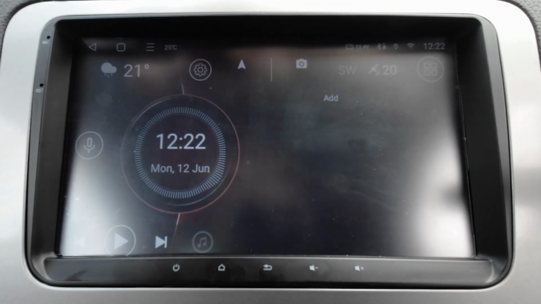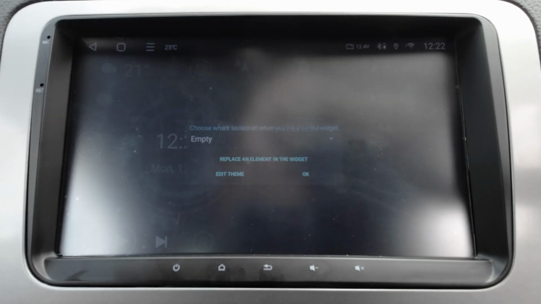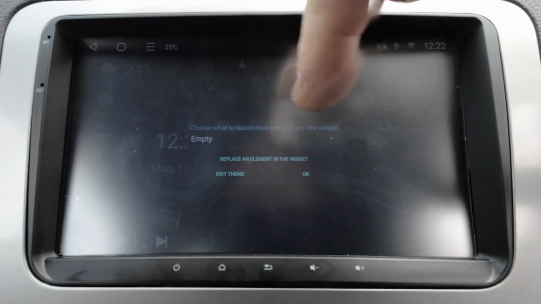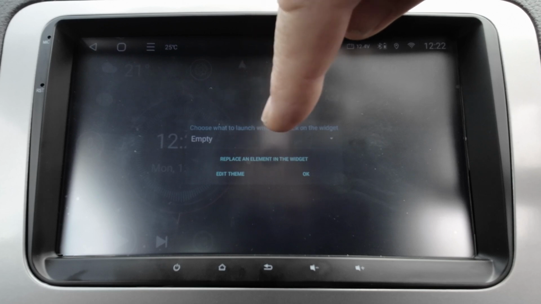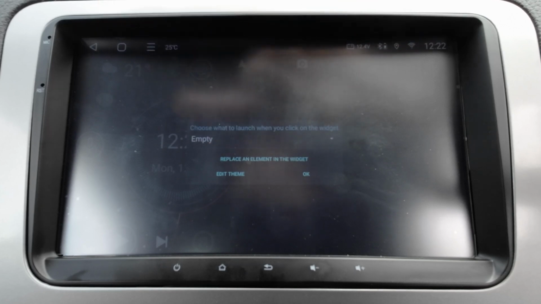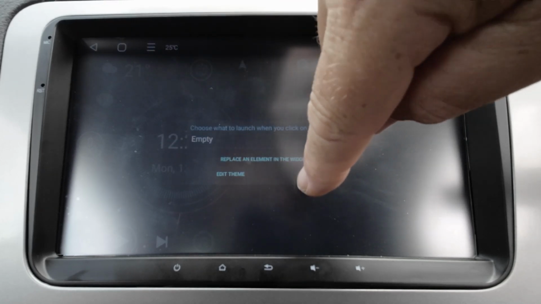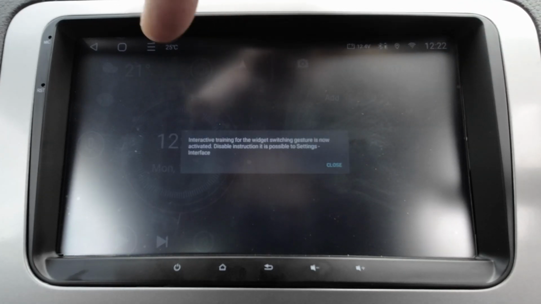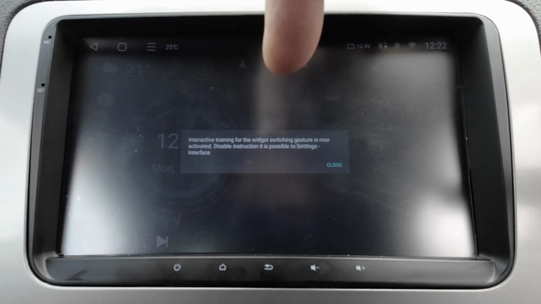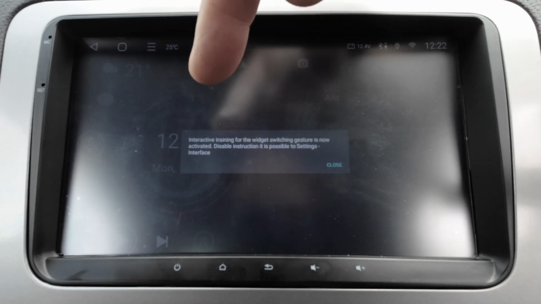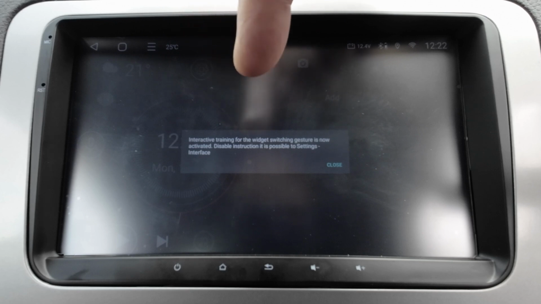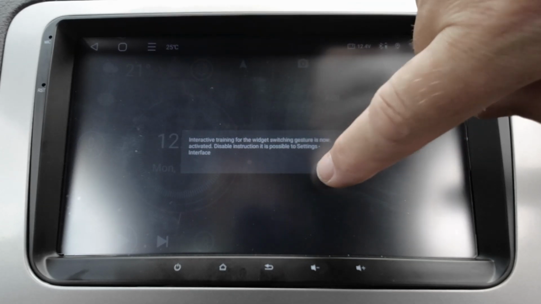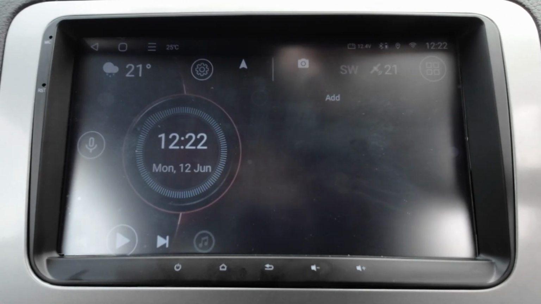We'll come along. So we've got the weather, so it tells you what the weather is. Choose what you want to launch when you click on a widget. Replace an element in the widget. Edit the theme. So we can pretty much choose what we want to be wherever we want to be. Interactive training of the widget switch and gesture is now activated. Please disable instructions. It is possible to in the settings interface. Okay, well, we're not going to go too deep into any of these, but